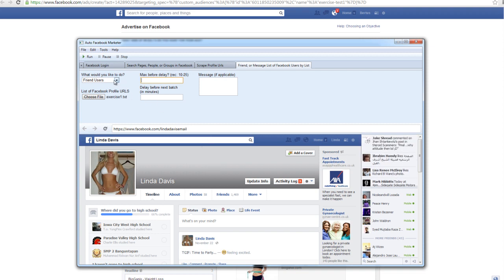Okay, so I selected friend users, I selected my file, I select the max before delay. Here's the recommended 10 to 25. Remember, I'm not going to be responsible for anybody's accounts getting flagged. I suggest you set these delays very reservedly so that your account doesn't get flagged for spamming. Okay, so stay within these